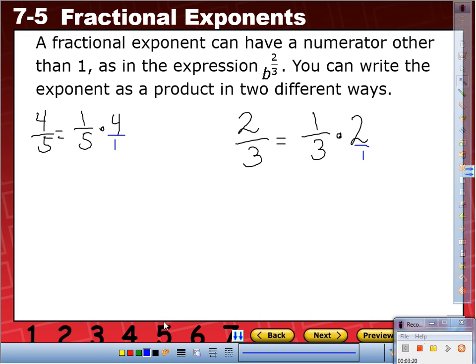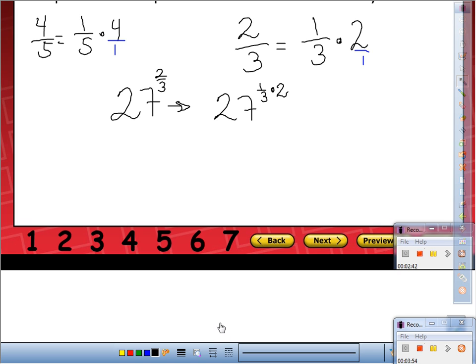From there, this is where we left off. I'm going to give you this one. This is 27 to the 2/3. The first thing I said, we need to rewrite the fraction like this. So this becomes 27 to the 1/3 times what? 2. Does everybody see that? Okay, so this became that. But still some of you did not see it. I saw some of you kind of iffy. However, if we break it down to parts and I circle this piece,